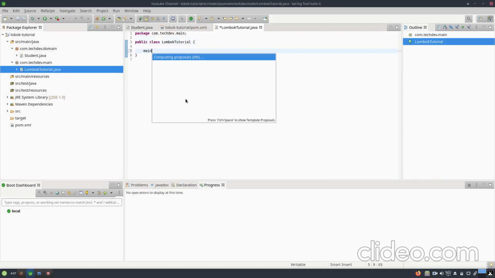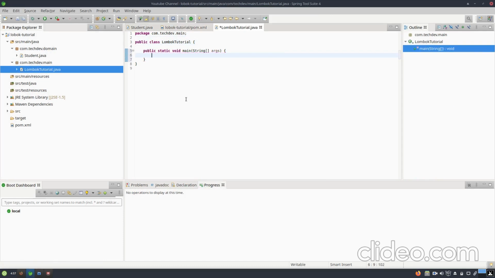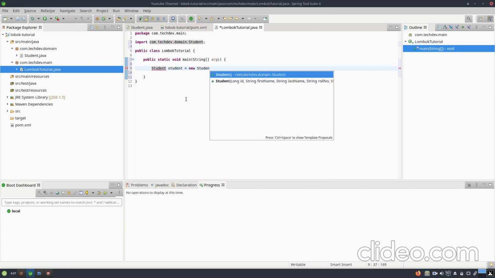We will have the main method in that, and after that, let's create an object of the student. Student equals new Student. You can see that we have the default constructor and the parameterized constructor with all the properties of the student.